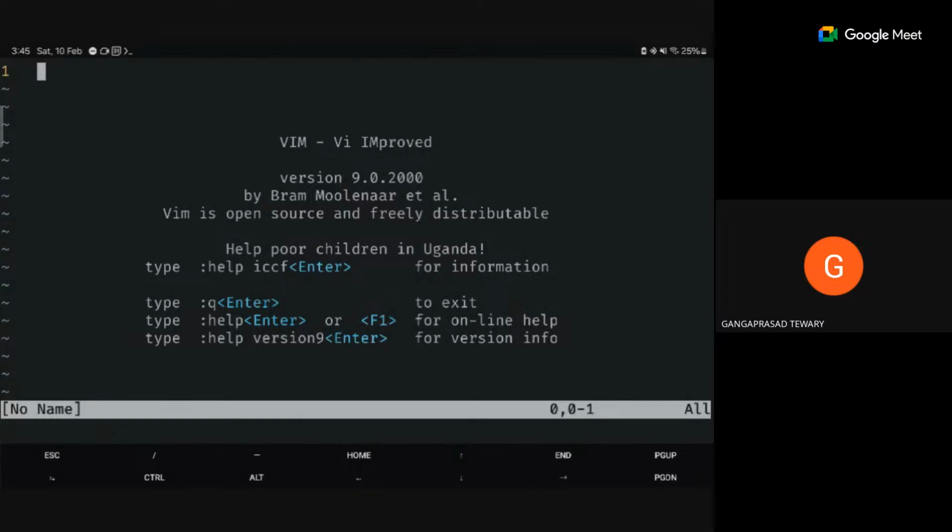So, sir, what about gedit and all? Like gedit? Gedit is just like a notepad. There is no difference between notepad and gedit. It will give you some syntax highlighting. It will come a little close to Sublime Text, but I would suggest gedit is not available inside the terminal, because you cannot use gedit inside our course view. Okay.